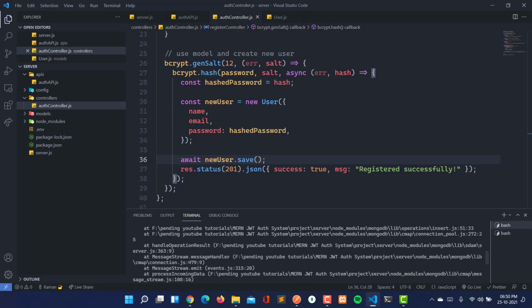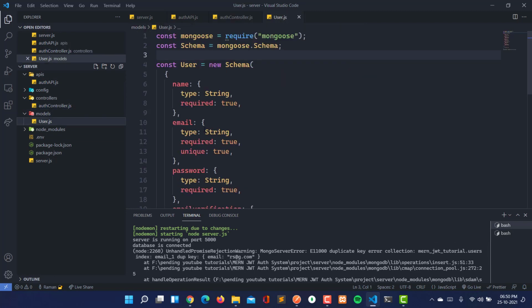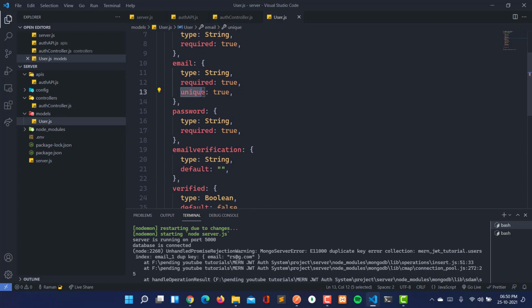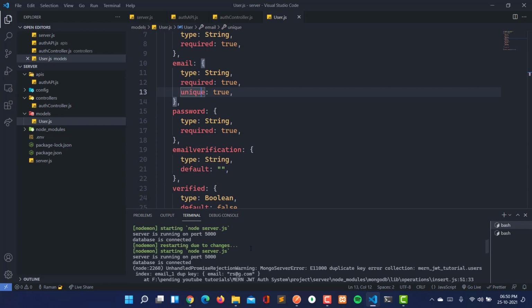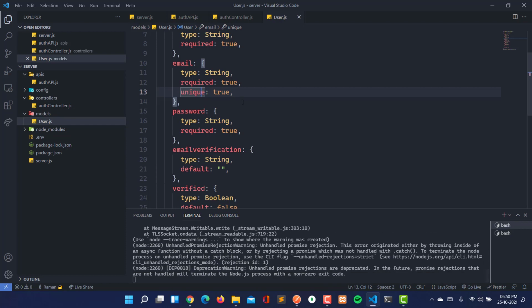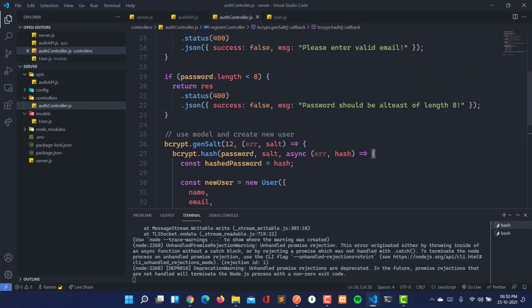This is because in the user model, we have the property that email should be unique. If the email is not unique, this will generate an error. But we don't want the application to generate an error. Instead, the application should send a message here. So for that we have to handle this error also.